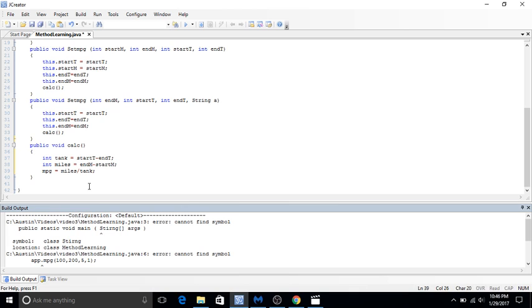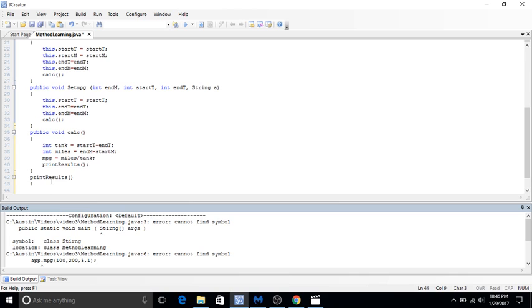And now let's call out print results. It's not doing anything right now, but that's because we haven't defined it. So print results, and we want this to print out the string of this. So let's say system.out.println you used. Now we're going to add our